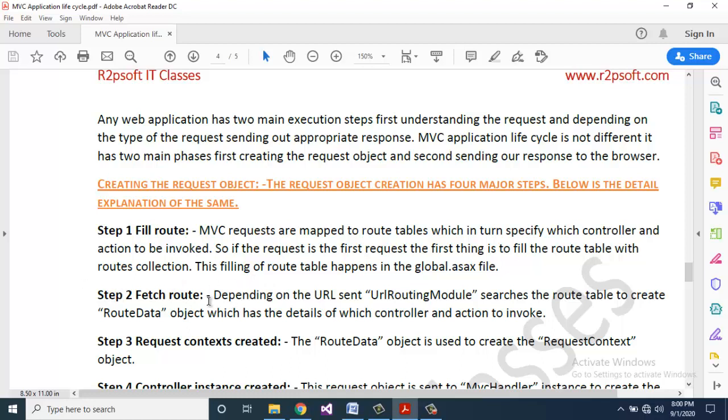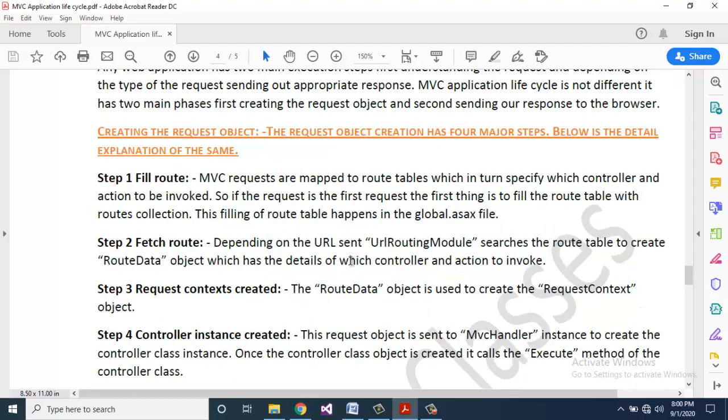Step 2, fetch route. Depending on the URL sent, the URL routing module searches the route table to create a route data object, which has the details of which controller and action to invoke.